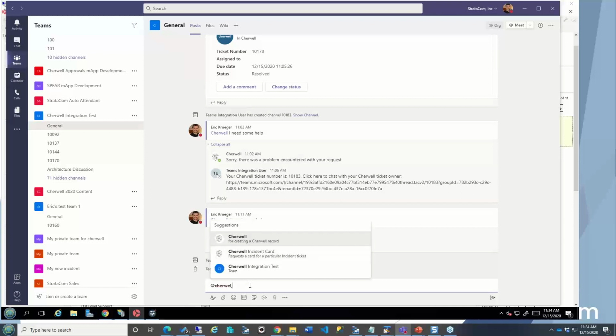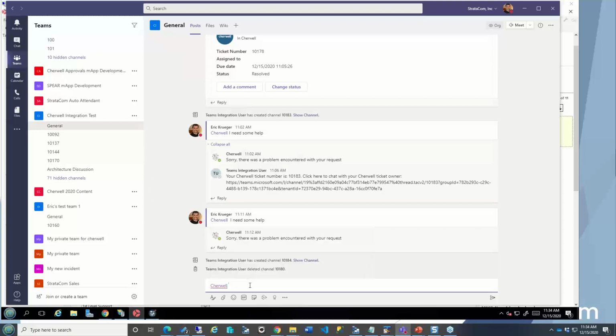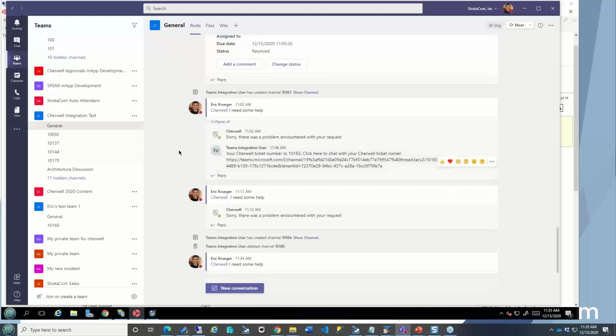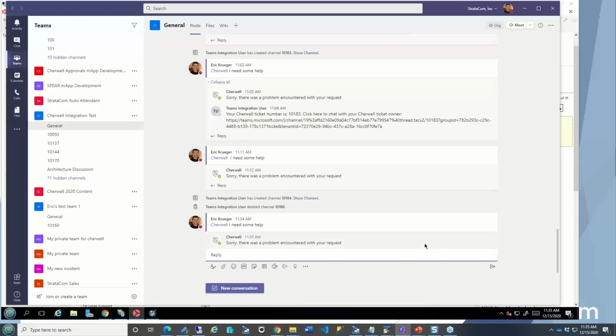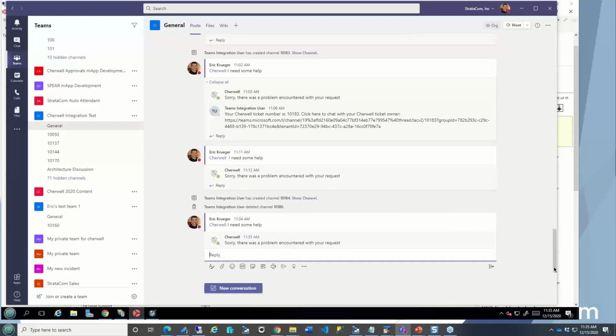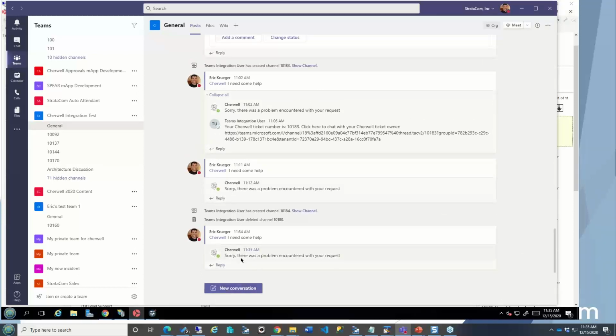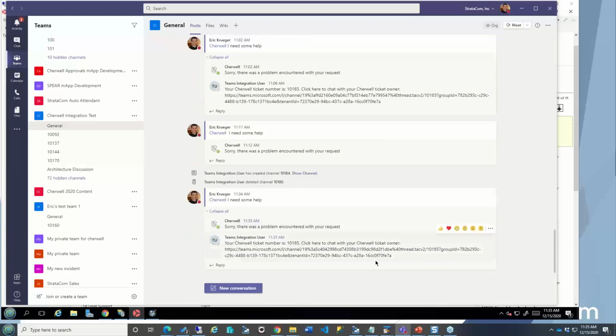Oops. Let me mention correctly this guy. Okay, so I'm just this bot. He doesn't do much. He just sends everything that I type after @Cherwell to Cherwell. So I need some help in here, and then I'll scroll down. I saw that message get created, and then we get this little message back from Cherwell, or actually from Teams, and this is because Cherwell's request,